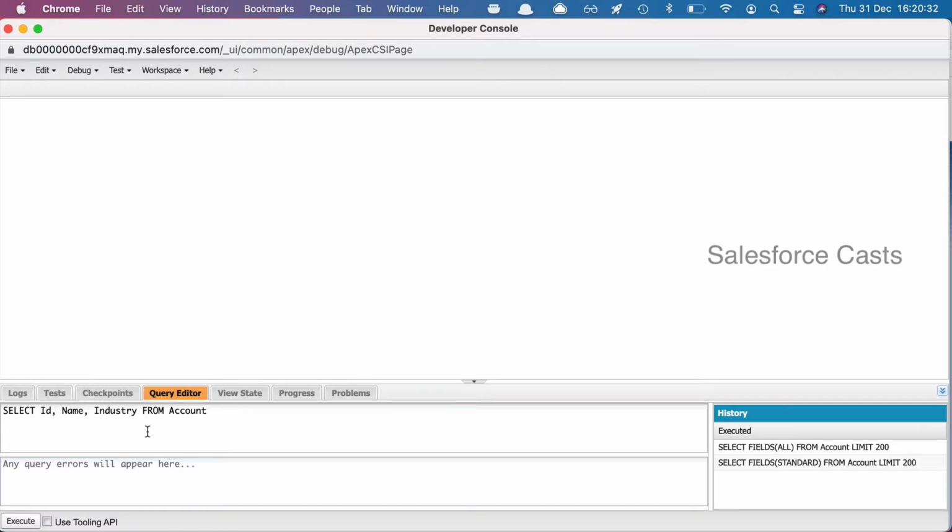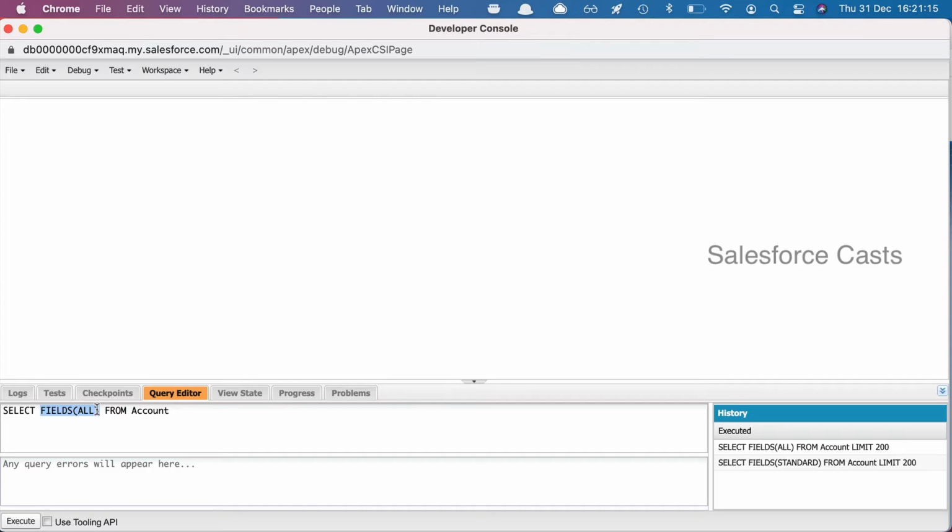Now if you try to understand what this new update is going to do, whenever you want to fetch a list of all the fields, you don't have to specify all the fields one after the other. We can just go ahead and specify FIELDS(ALL), and it is going to include all the field names from the object Account. So we don't have to reinvent the wheel and specify all the field names here. Rather, we can just make use of this notation and it is going to include all the field names.